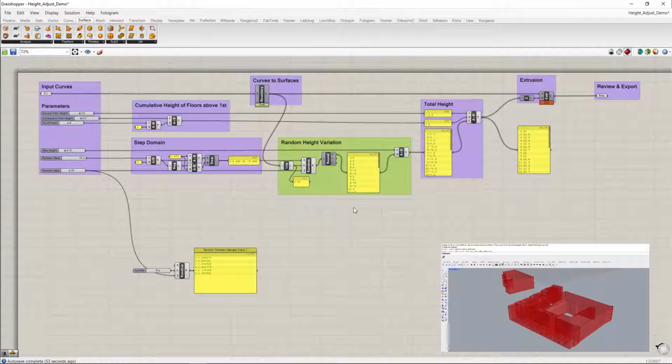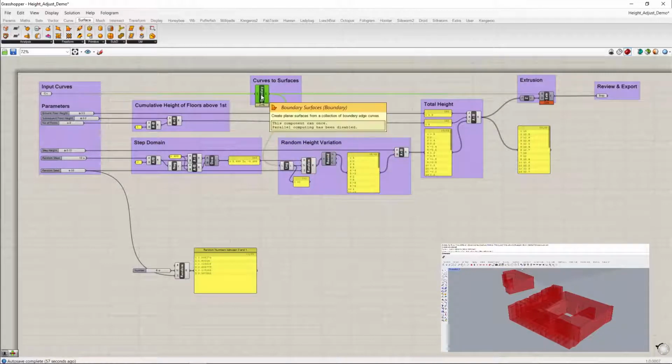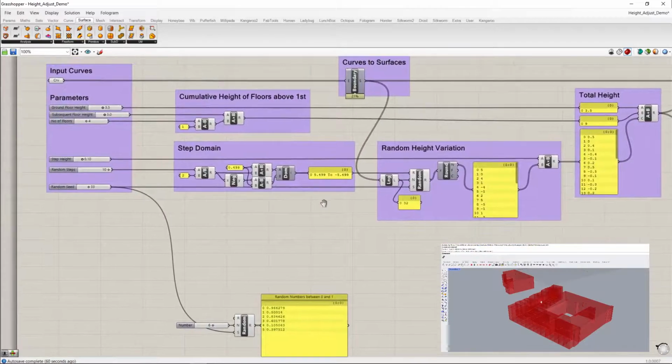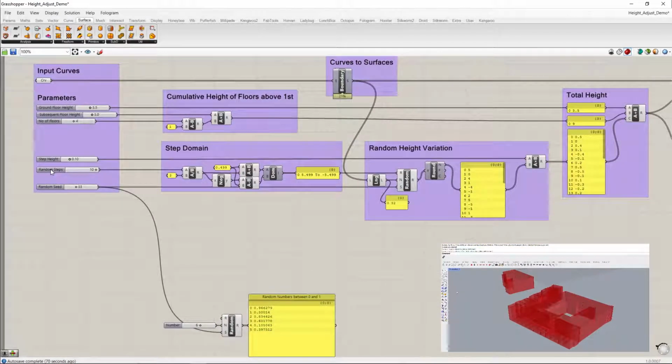This is the tricky part. To create the string of numbers, one for each building, we first need to measure the number of buildings. After having created a list of surfaces in the second step, Grasshopper can measure the number of items in this list using the block List Length for us. We also need to decide how many steps of variation we are going to introduce and how high each step is going to be. These values can be programmed into sliders for easy adjustment.